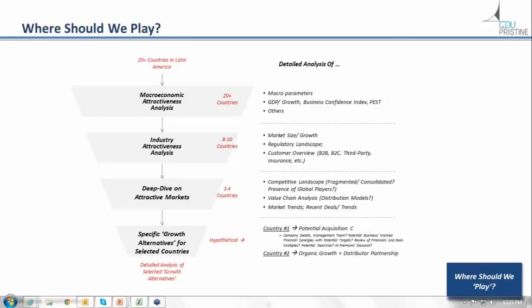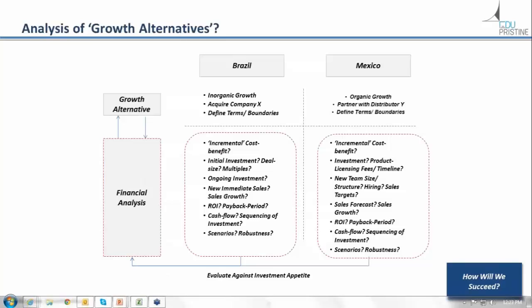And then finally, based on that analysis, you're going to say, okay, Brazil is attractive, and Mexico is attractive, but in very, very different ways. Moving on to the next page, these are examples. Brazil is attractive because it is a large market, it is growing very fast, and there are regulations that are expected to come out, which are going to make it more difficult for the local players because of quality issues, and are going to be opening up a whole lot of opportunity for the international players. Mexico is interesting because of other reasons.